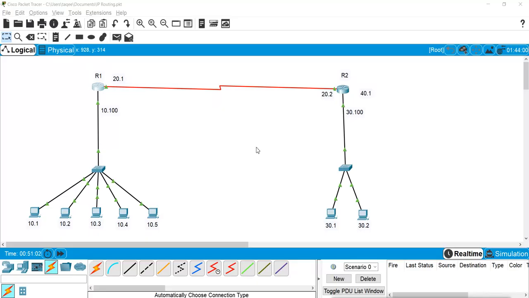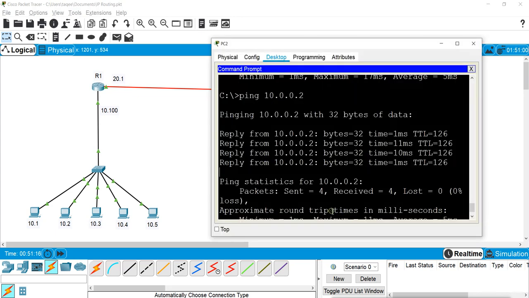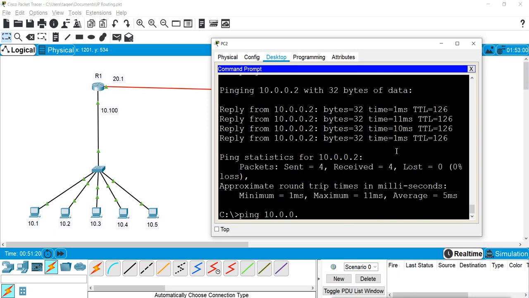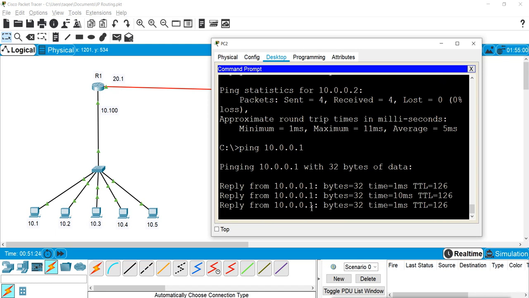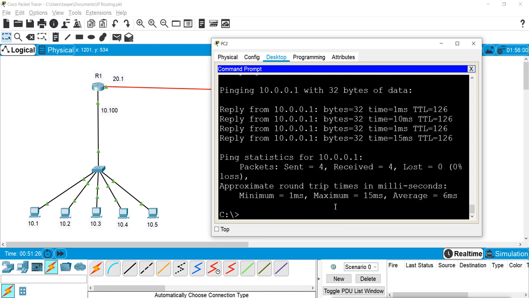Now again in this network, I have removed the previous dynamic NAT configuration. Now I will do NAT overload, I will do PAT. When we ping any IP from this host, like if I ping 10.1, it gives the reply from the same 10.1, but it will show only one public IP.